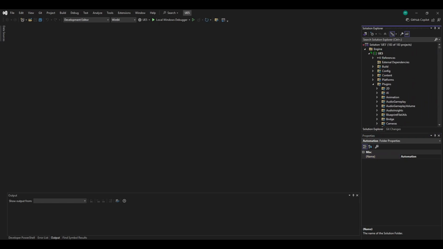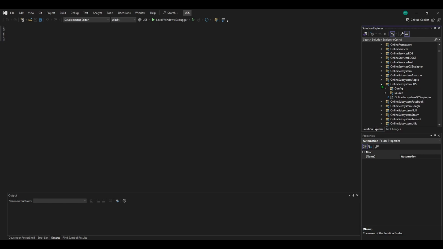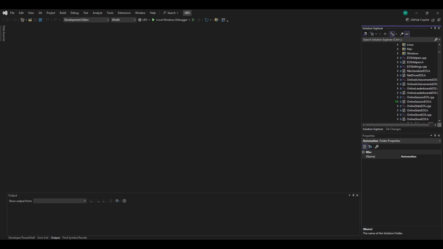So the files that we're going to be changing and looking for: we go to the UE5 project, go down to plugins, expand that one. Then go into the section that says online. Then here, as you can see, there's some pretty clear stuff that would be related to what we're looking for. Specifically, online subsystem EOS, and we want to expand source, and expand online subsystem EOS, and then we want to go private,